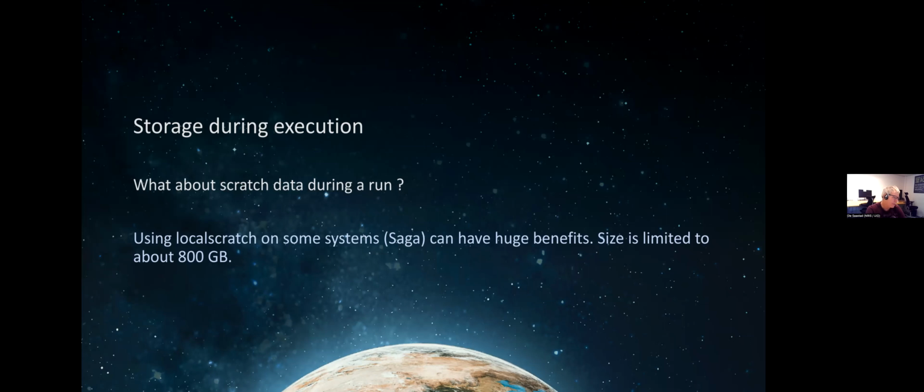On Saga, it's limited to 800 gigs, so it's not that big. It should be bigger and it should be faster. We are working on this in the local system in Oslo, so those of you who run locally here could have more experimenting with this. But the thing is that